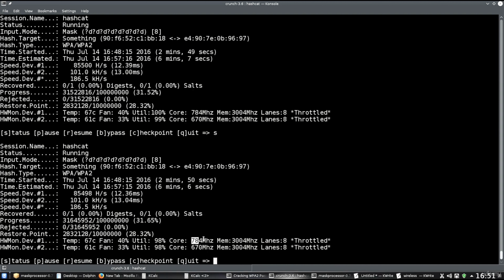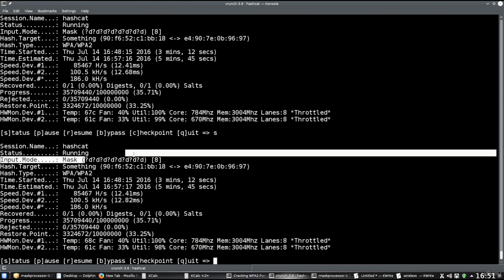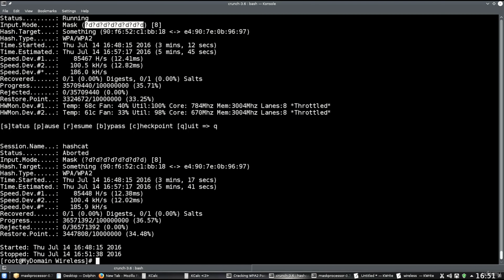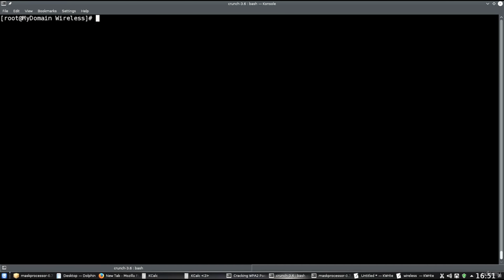The megahertz per core and the memory: the frequency per core and the frequency of the memory. And if I just keep pressing S, it's just going to keep updating the status board. So it's completing this particular mask rather fast. But I'm going to go ahead and press quit because you need to take a look at this command and understand what it actually is. So first off,